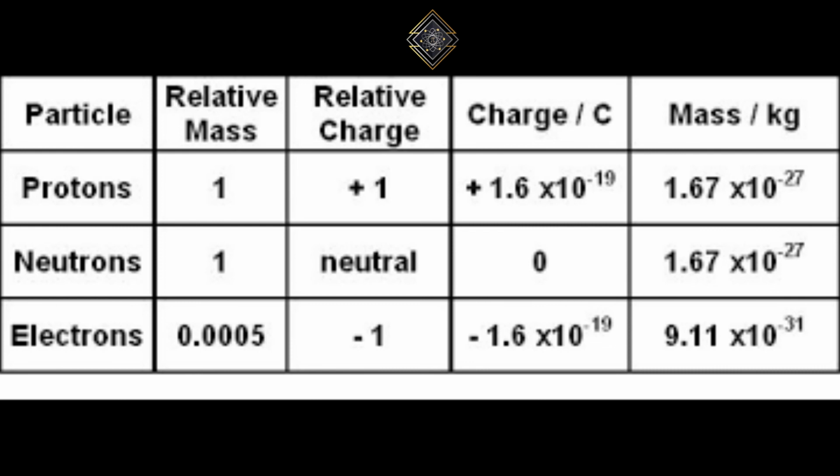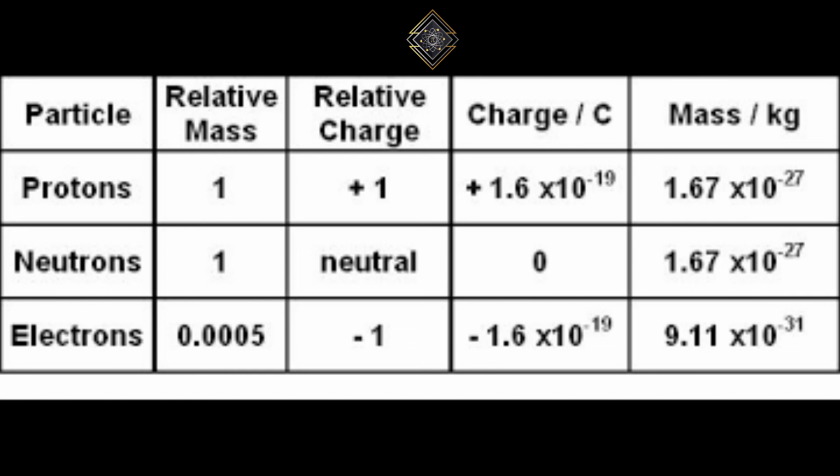In atomic mass units, the mass of a proton is 1.0073, and the mass of a neutron is 1.0087. The mass of an electron is 0.00054. Therefore, in AMU, the mass of a proton is accepted as equal to 1, the neutron is also accepted as equal to 1, while the mass of an electron is taken as 0.